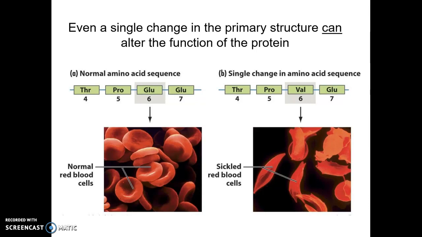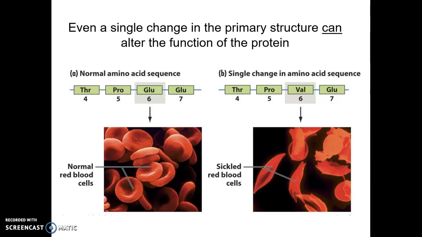And that valine being exposed to the aqueous environment is not happy at all. And so it binds to another valine on a different hemoglobin. And so then you get these large aggregates because, of course, hemoglobin is in a quaternary structure normally, and so you would have a